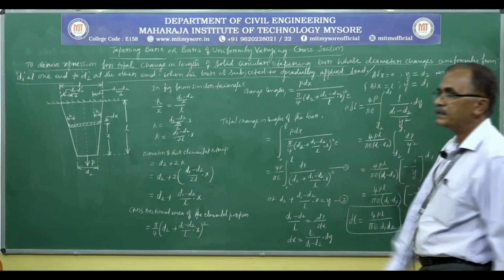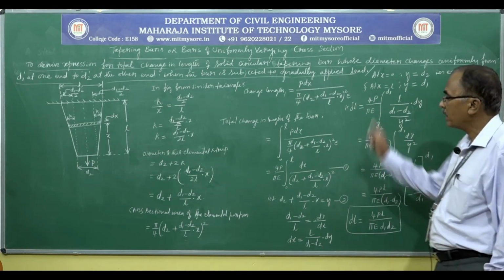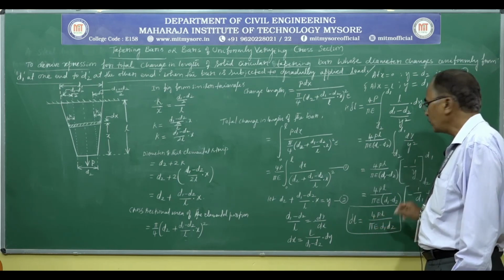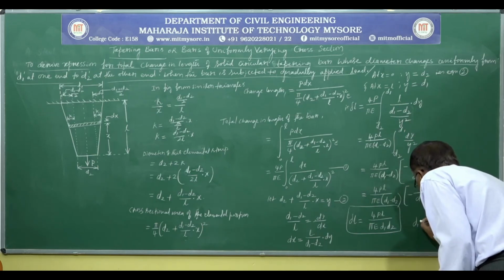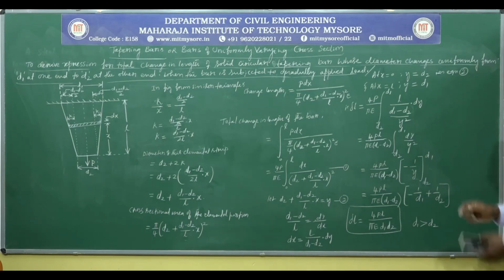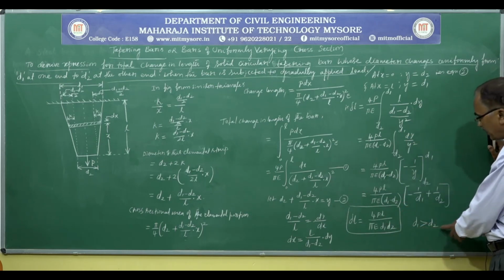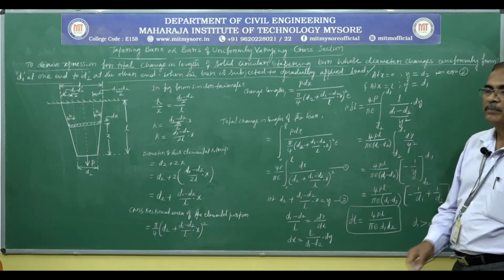So, this is the desired expression for the change in length when a bar of uniformly varying cross section is subjected to the axial load. So, delta L is equal to PL by AE; here delta L is equal to 4PL by pi E into d1 d2. Here in this expression always d1 is greater than d2. To solve numerical problems, if they give different diameters, we have to use this equation by considering the fact that d1 is always greater than d2. In place of small d1 and d2, you can also make use of capital D1 and D2.